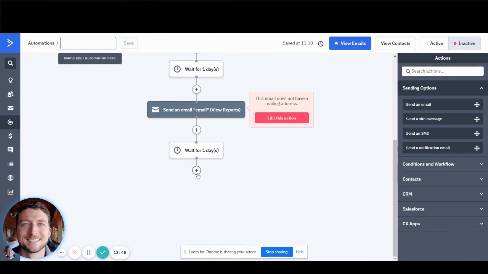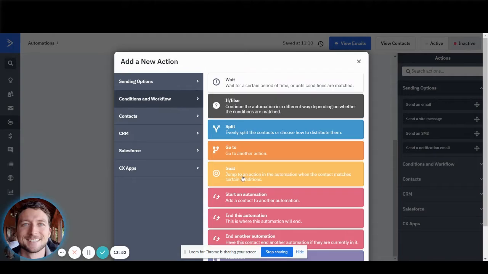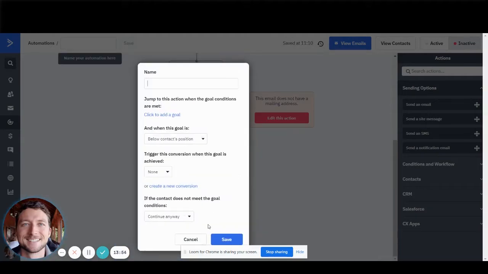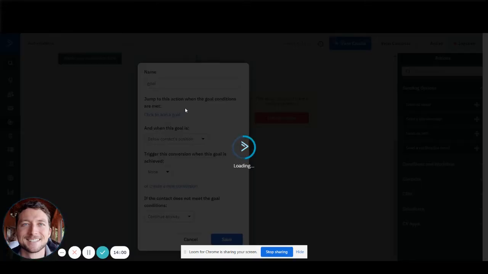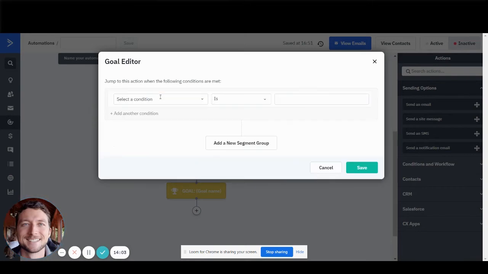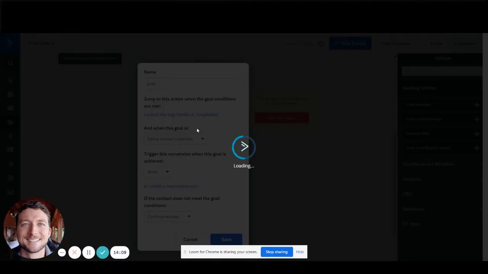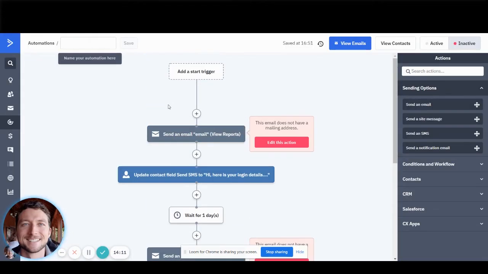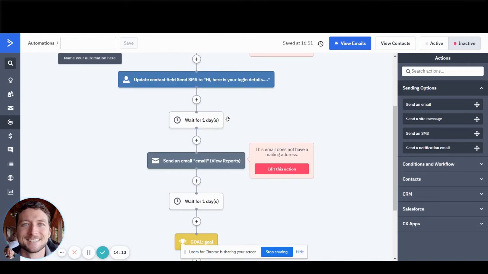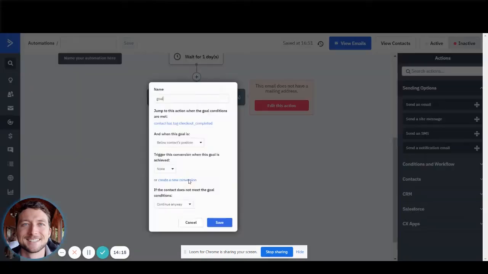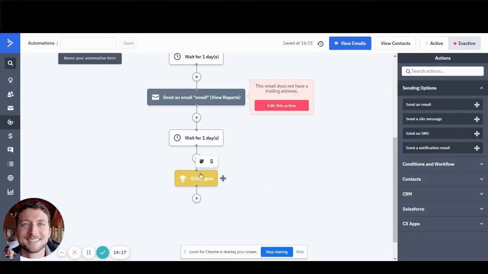That's the two ways that you end someone in an automation. Either they achieve a goal or they exit the automation. And if they're achieving a goal, then the goal has to be inside the automation. So you have to put a goal in here like this, and then we'll just call this goal the whatever goal. We have to add a condition to save it, so I'm just going to put a tag in here, checkout completed. Great. So now we've got this goal here, and essentially how that works is if they're in this automation at any step, they achieve this goal, which means they get the tag checkout completed, then they just